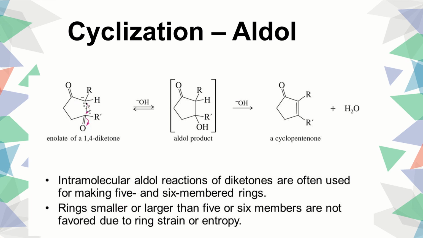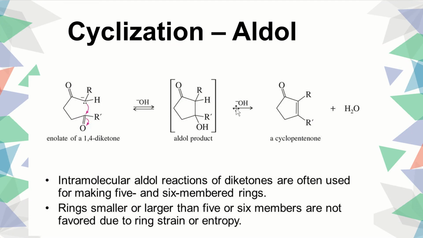So note, however, that the new bond is not formed between the two carbons of the ketones, but is formed from the enolate, which is this negatively charged carbon, which is alpha to one of the ketones. So the new bond is formed between this carbon and the carbon of this ketone, right? So this is our aldol product. So it starts off with a carbanion attacking the carbon, this double bond breaks, forms the electrons on the oxygen, and we end up with our aldol